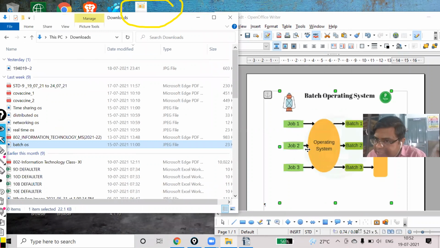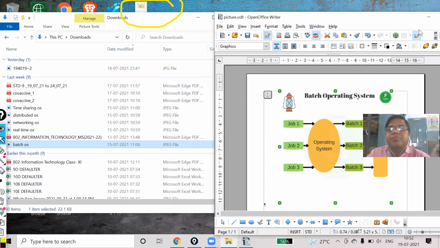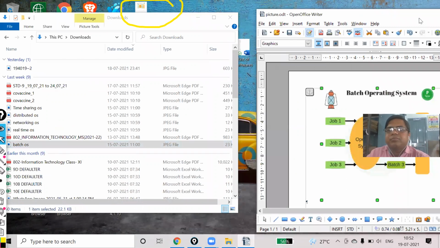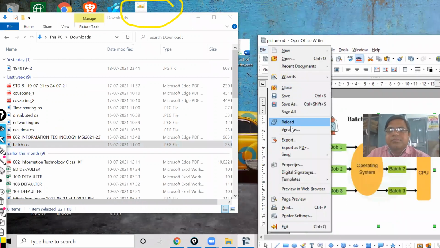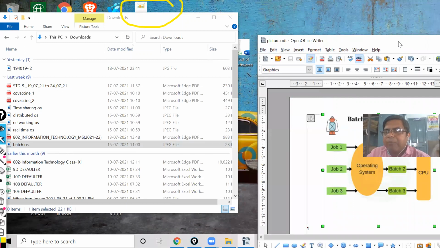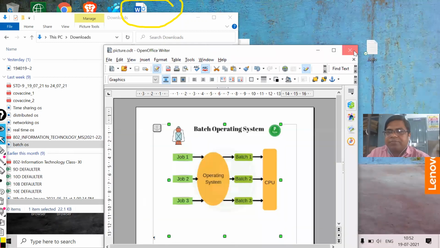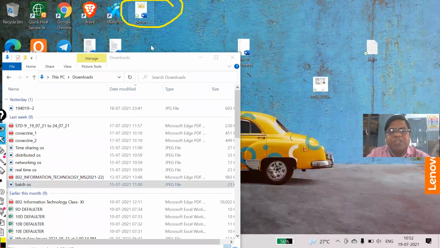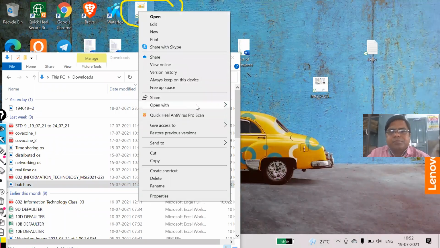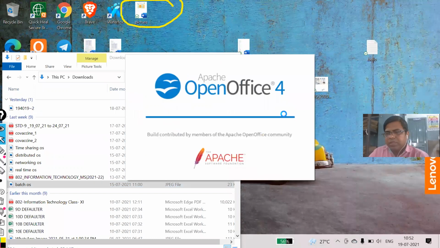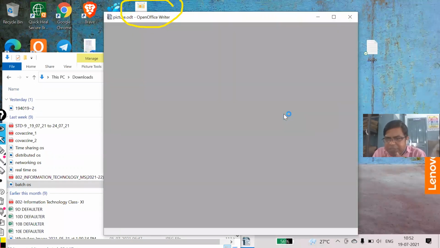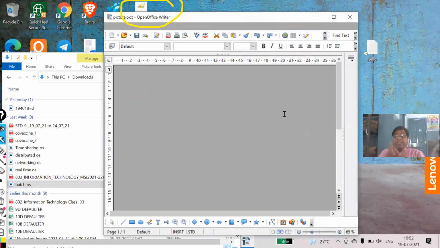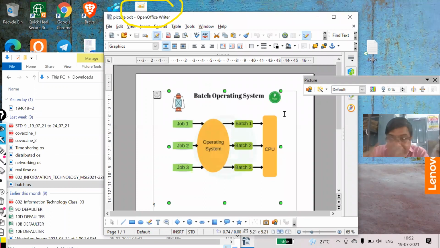Same way the picture has come. Now, I will save this picture. I'm going to close this file. Now, again, I'm going to open this picture. Now, whether the picture is showing or not. Yes, it is showing now.